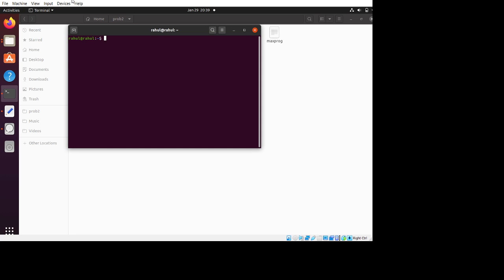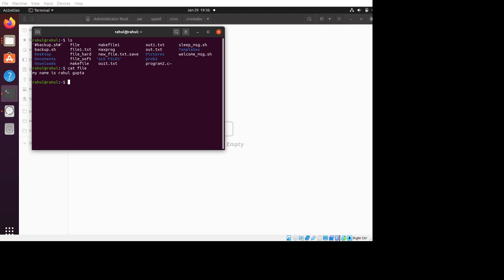I will explain the mount and unmount commands. First the mount command. The ln command is used to create a hard and soft link, and file is the dummy file.